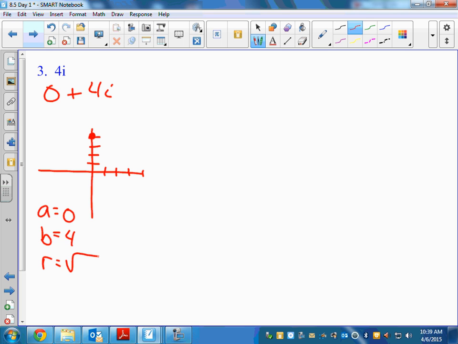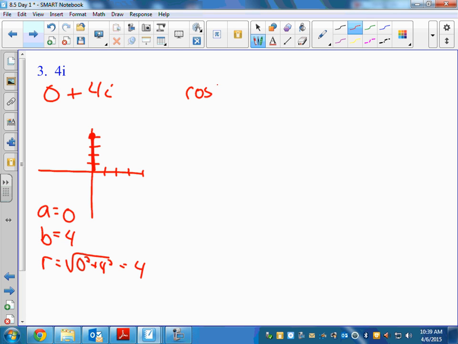So you could work it out. 0 squared plus 4 squared just equals 4. It is the longest side. It is the radius of it. It's just a line actually, not even a triangle. If you weren't sure what the angle is, I hope that you would just look at this and say, well, if it's up there on the axis, it has to be at pi halves. But if you didn't know, again, you could work it out and say,